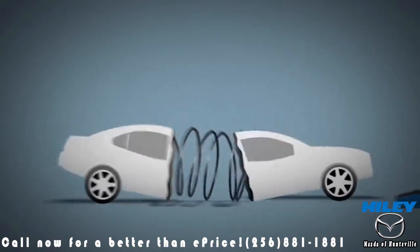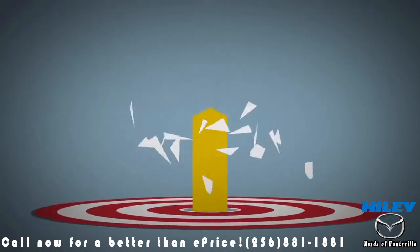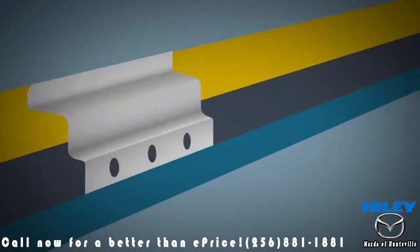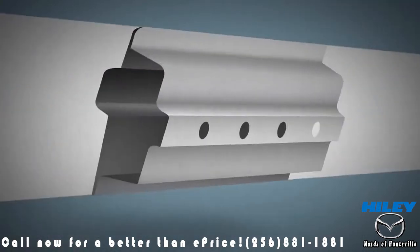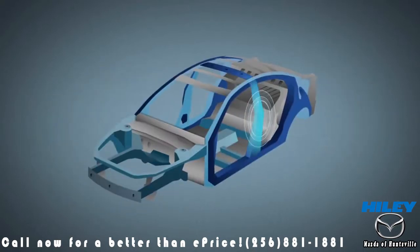The body has to be strong and rigid, because strong keeps it safe and rigid keeps it handling properly. So our SkyActiv target for the body was 30% greater rigidity, top crash safety performance, and 8% weight reduction. We got there with more extensive use of high-tensile steel that's stronger and lighter than conventional steel, and harder working streamlined geometry, such as crash energy pathways that are more efficient by taking advantage of the entire body instead of